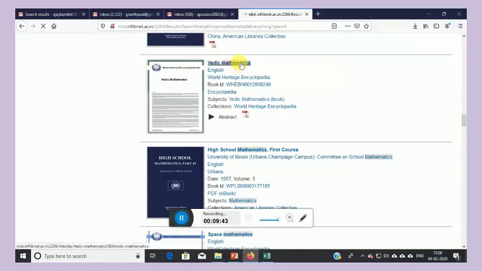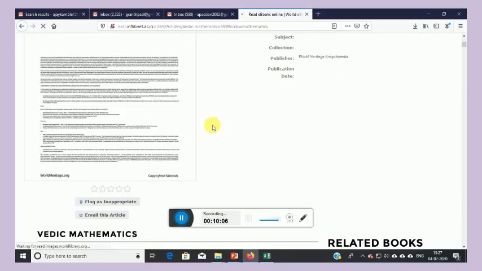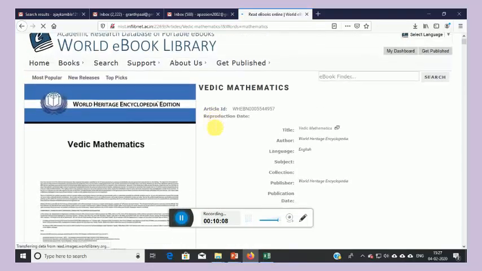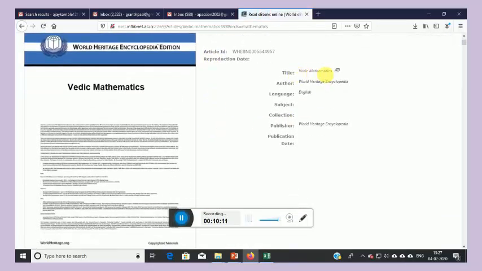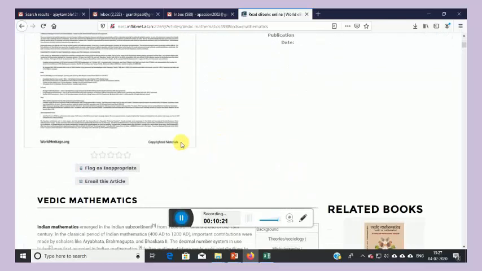If you want to read one, you just have to click here on this PDF, and it will open for you. Yeah, look, it has been opened. The title is Vedic Mathematics, author World Heritage Encyclopedia, language is English, publisher, and whatever information is available is given there.